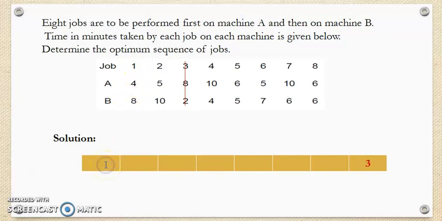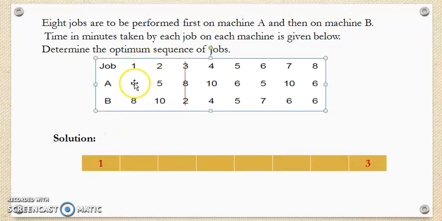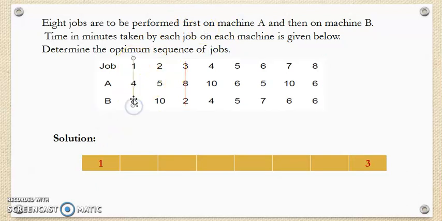Therefore I make here the first job in the sequence. So I eliminate this first job from further considerations, so that it will be easy for us to understand it. Right? Now if you look at the minimum processing time,